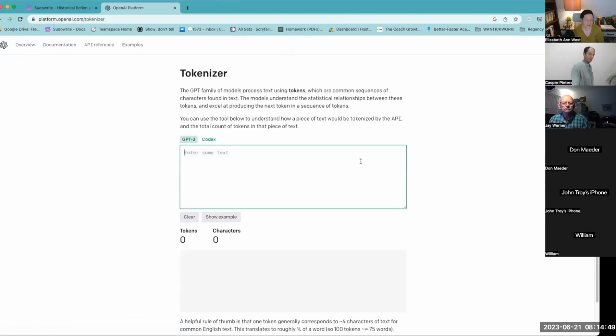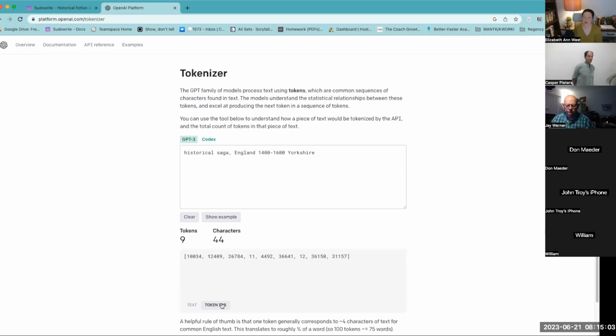So this is what I think is just wild. We have this tokenizer, so I just pasted that in. It's actually 9 tokens. The comma is a token that it knows. Now the token IDs, this is actually what the computer sees. The AI large language model actually sees a bunch of individual numbers separated by commas. So this is why a comma is really irrelevant as a